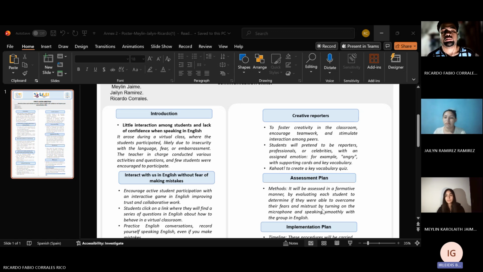This activity was designed to help students improve creative teamwork and communication, in which students present the report and their classmates as different professionals or celebrities.